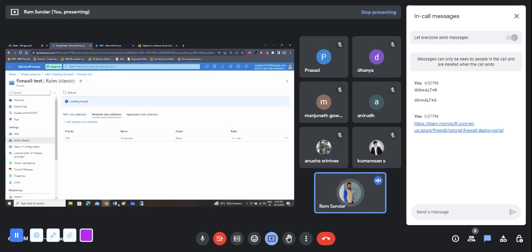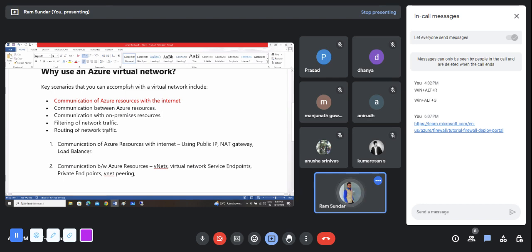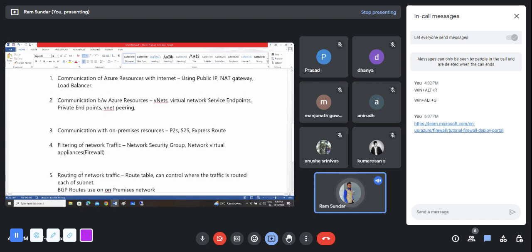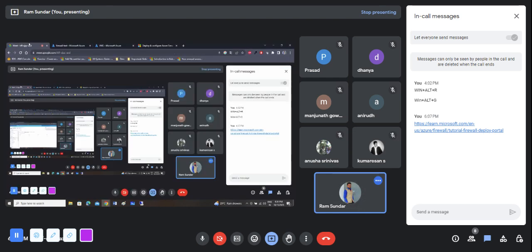So this is all about Azure Firewall, which comes under filtering of network traffic. Network security group we discussed. Network virtual appliance firewall also we discussed today. Okay, so any doubt, I'll just